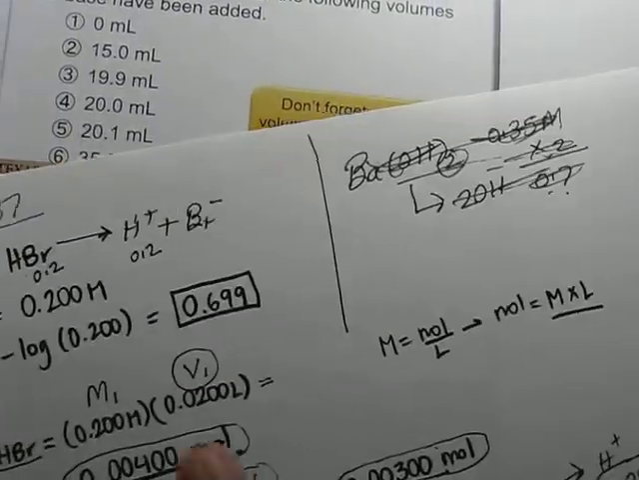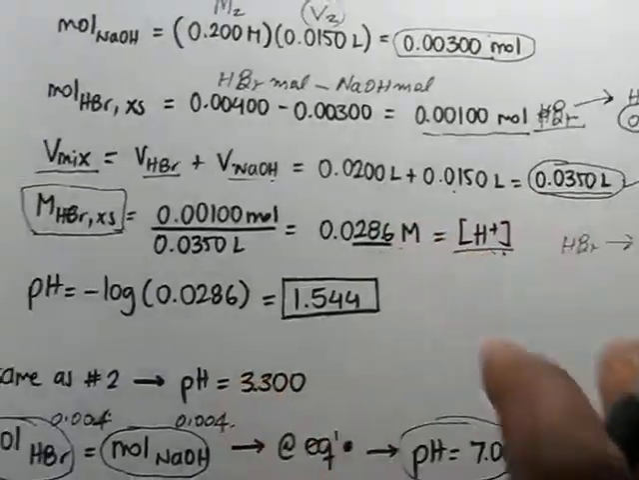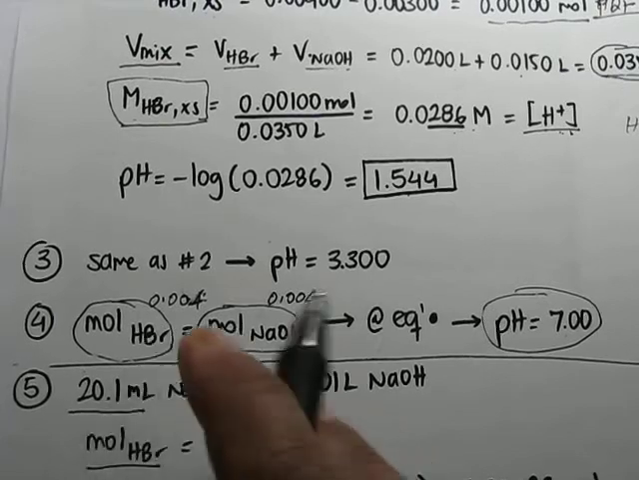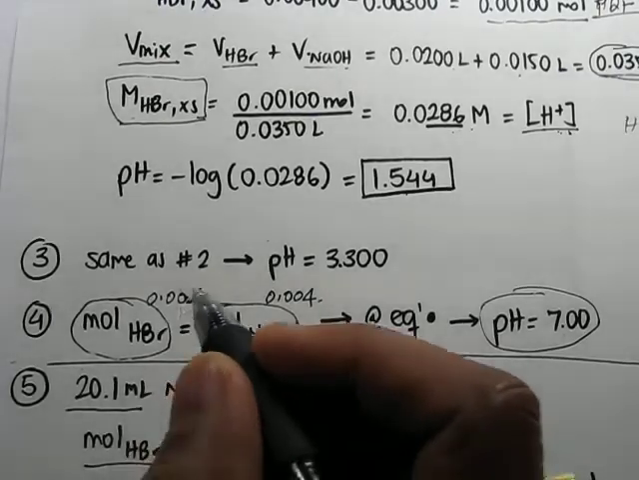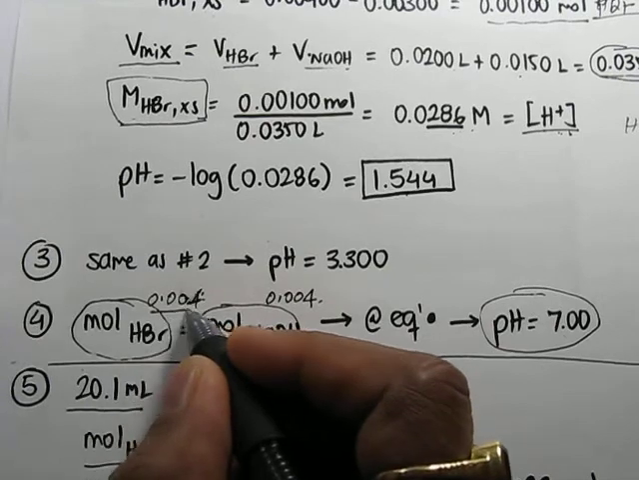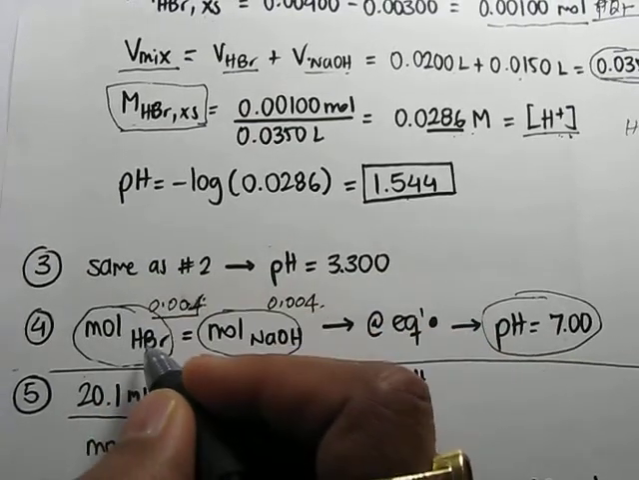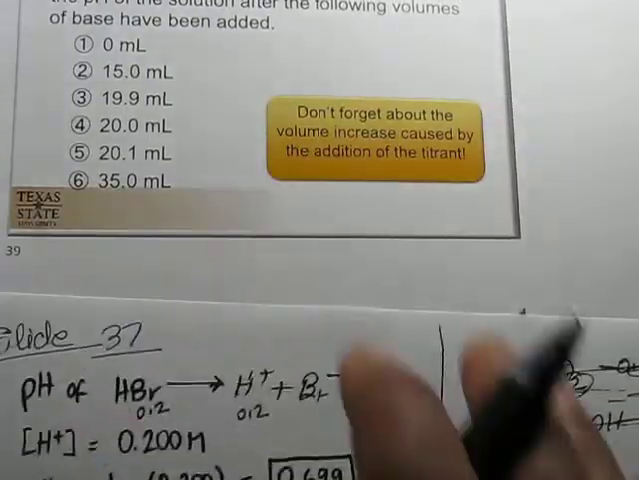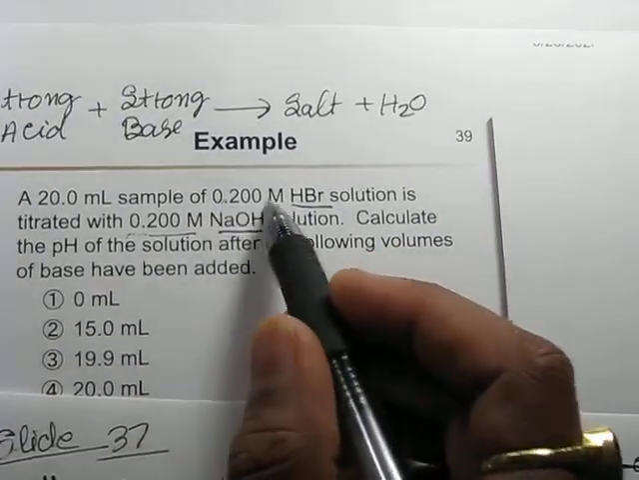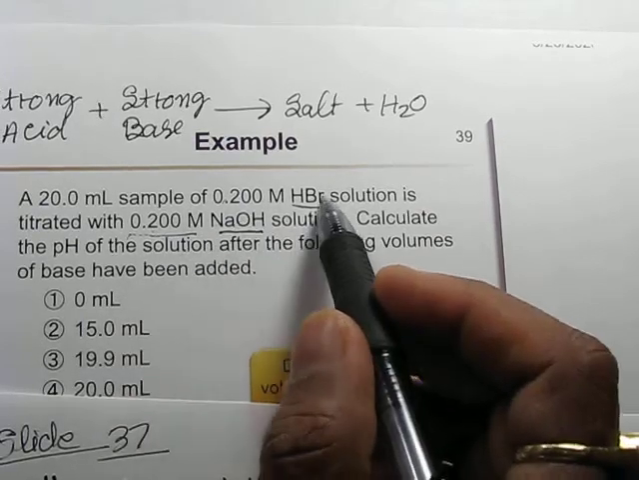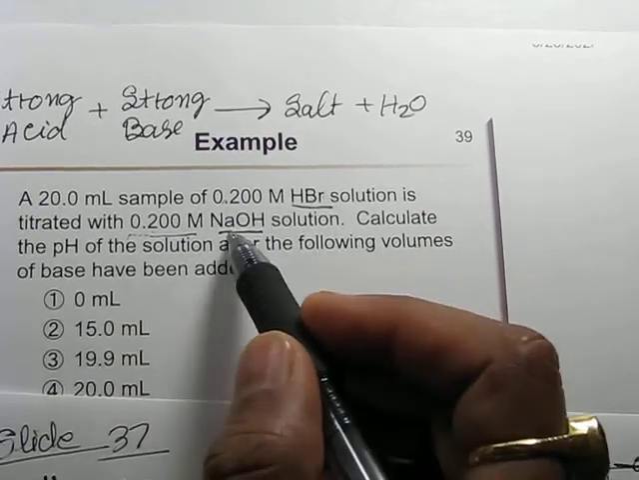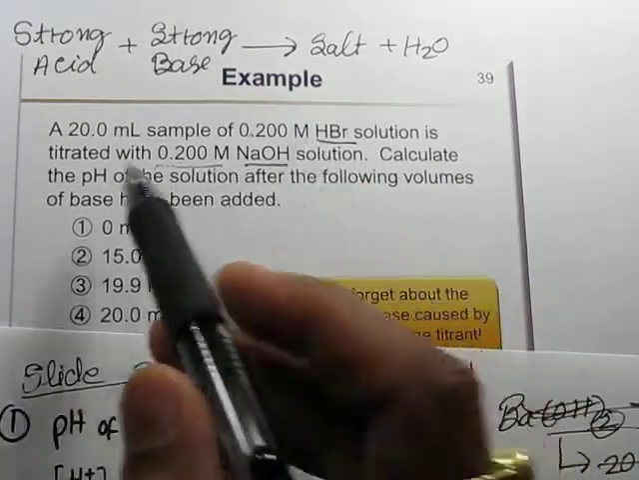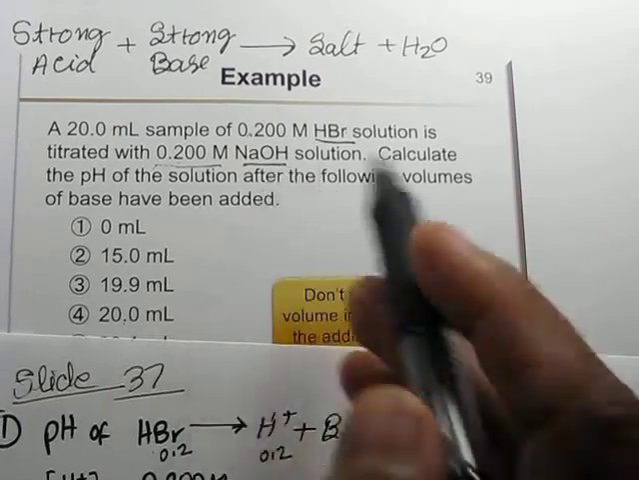And if we are going to add 20 ml, so let's see what happens at 20 ml. Here the number of moles will be equal, because the molarity of HBr is 0.2, and you can see 0.2 molar and 0.2 molar. Both are monoprotic, monobasic, and both are strong, and we are adding equal volumes, 20 ml of acid and 20 ml of base, with the